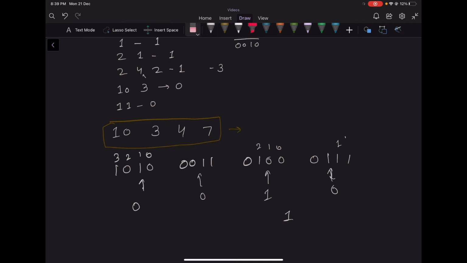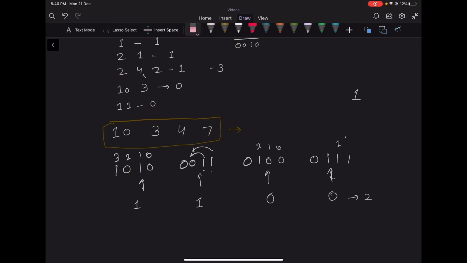Now let's find the number of operations required to set the second bit. Our current minimum value is 1. Here, the second bit is off, so we can either move 1 to 2 or 3 to 2. In either case, we'll require 1 operation. Now the second bit is again off, so we can move this one here or this one here. In that case, we'll require 1 operation, and in this case 2 operations. So the minimum is 1. Now the second bit is already on here, so we'll require 0 operations. Again, the second bit is already on here, so we'll require 0 operations. The total number of operations required here will be 2.